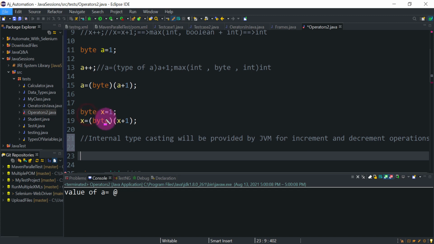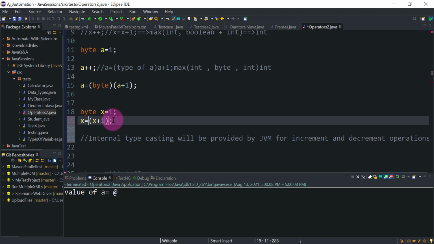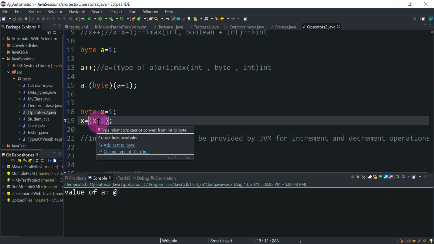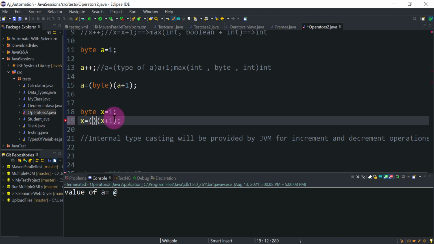We provided the byte here, and then the error is gone. If I remove this typecasting, we will get the error again: you cannot convert a value from integer to byte, meaning you cannot assign an integer value to a byte type variable. I hope this is clear.